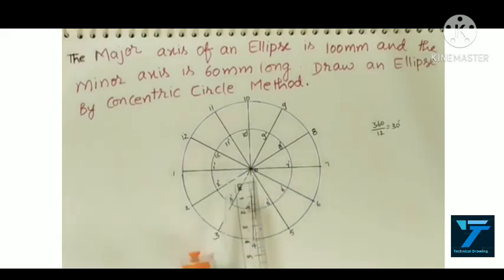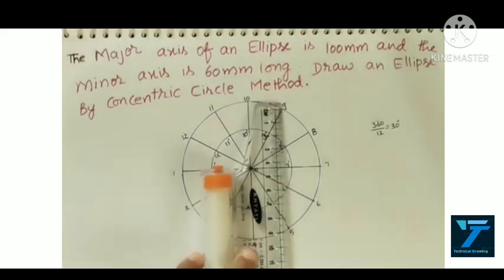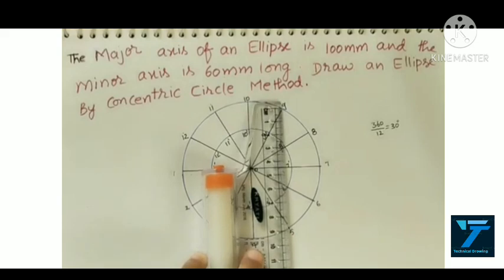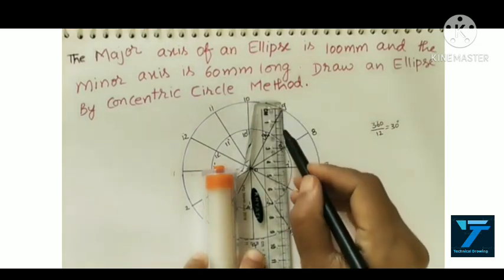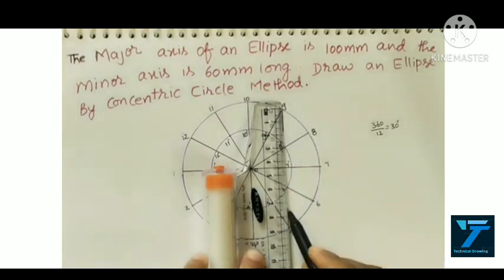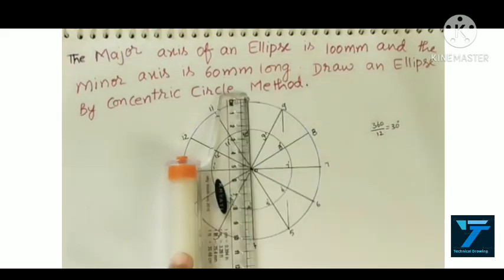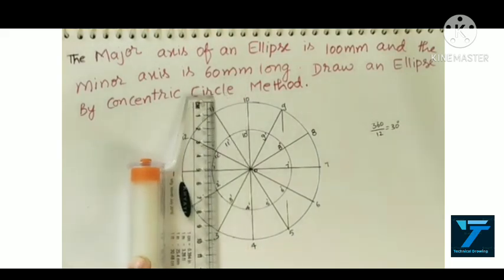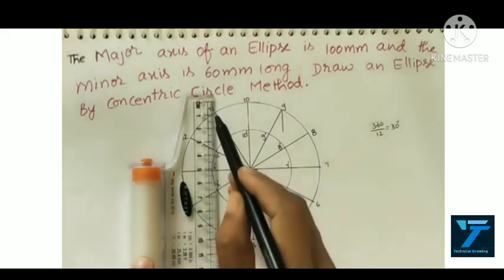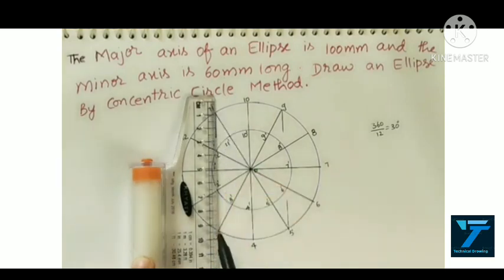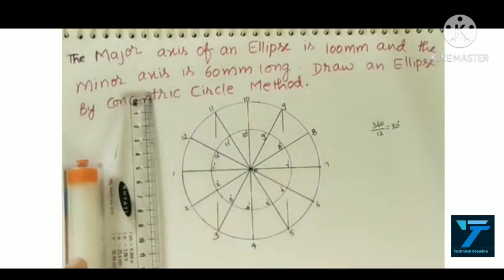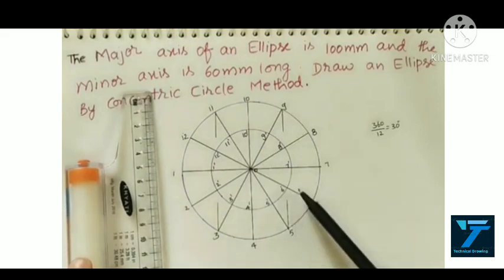Here I will start from 9. Draw the vertical line here. It is symmetrical at 9 and 5, so I will draw the vertical lines, because 9 and 5 are symmetrical. I am using this roller scale so that you can do it easily. At 11 and 3, draw vertical lines. So at the outer points I drew vertical lines.